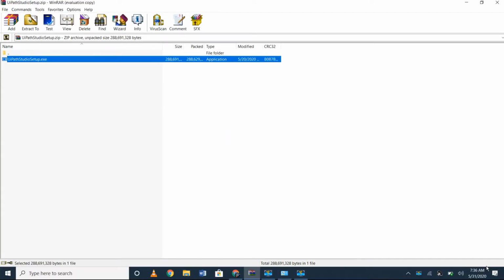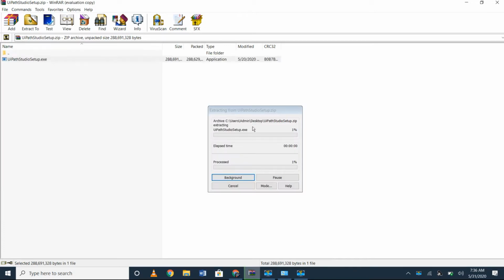Let's see the procedures to download the tool. Let's see, students, how to install this UiPath Studio setup in your system. When you click on the drive link, you will get this executable file. You have to click this execution file and run this file. It's processing. Wait.